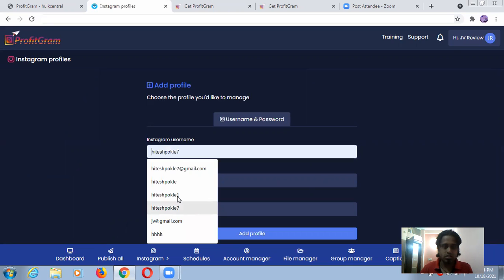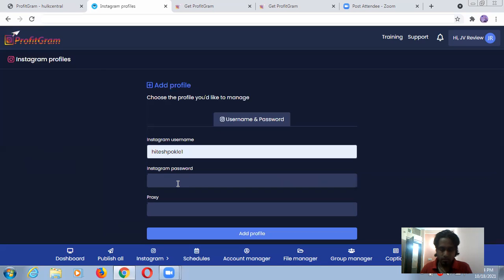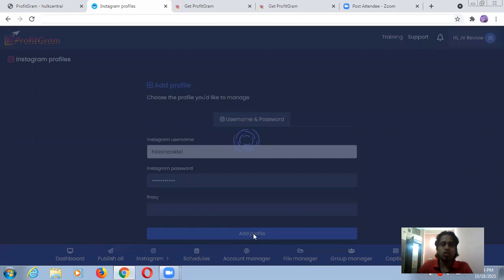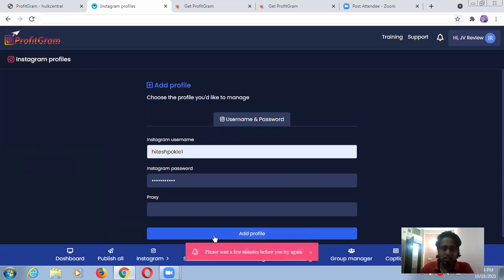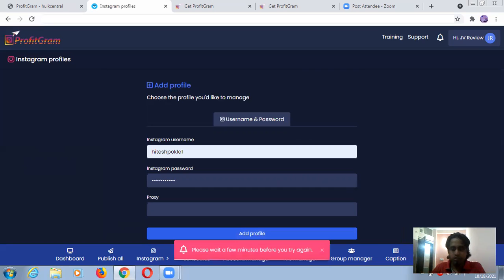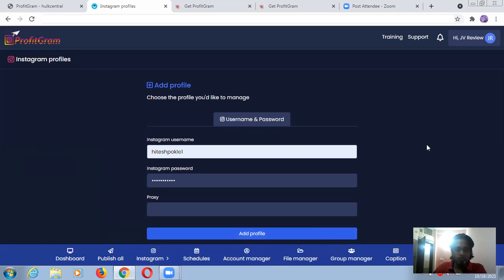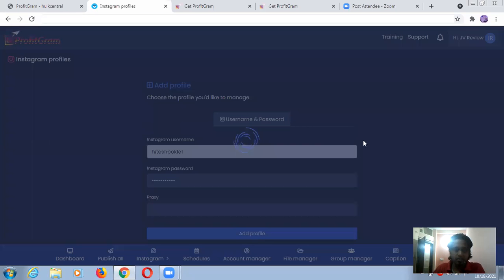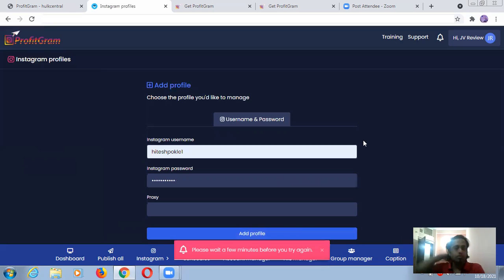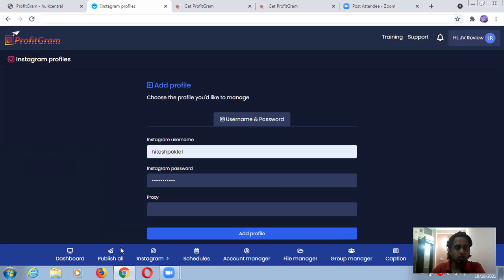So I'm just trying to add mine, but it's not giving access right now. But again, we will try this, and if it doesn't work, we will go ahead with the demo account. It is taking time, guys, you can see here. If it takes time, we will go ahead with the demo account. So I'm just clicking again. Let's see what will happen, because I already opened my Instagram account here. I think it's not working right now, but no worry, guys, we will go ahead with another option, which is the demo account.